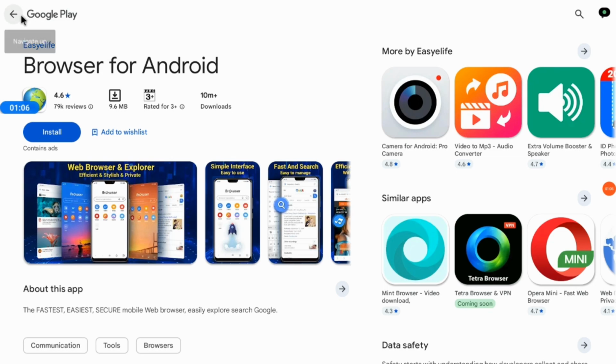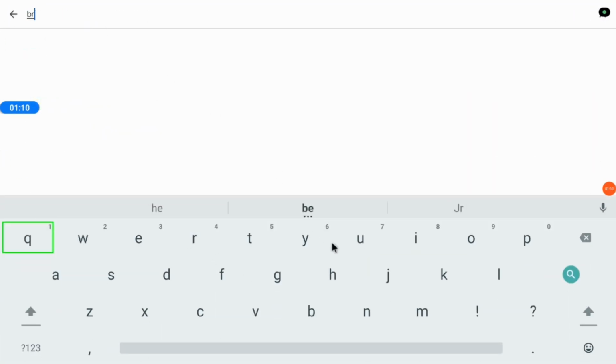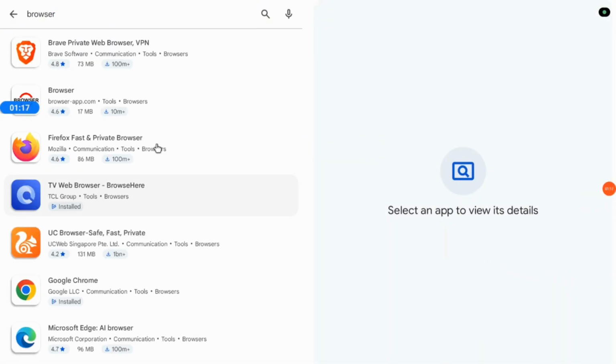It will be beneficial to do this on the main page. So just type it in here and hit on the search button. Now you're going to find this app right here. It's from